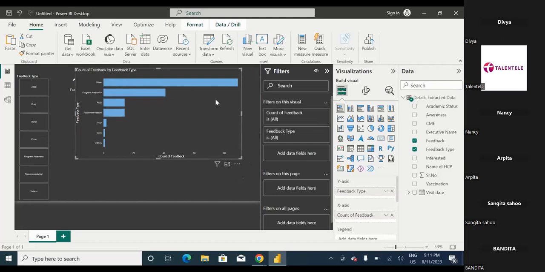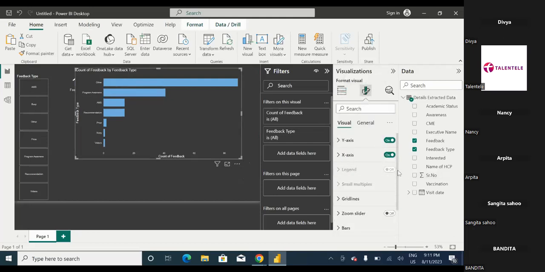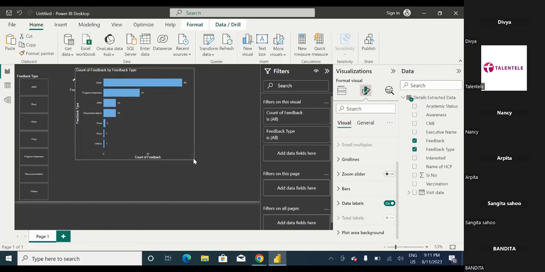Okay, so I'll just show you in terms of डेटा लेबल्स हो गए, इसको ऑन करते हैं। ओके, now I got this thing, ठीक है? Program awareness is this much, AWS awareness is this much, recommendation is this much, price इतना है, busy इतना है, video इतना है. Now what you can pull out from this particular records,